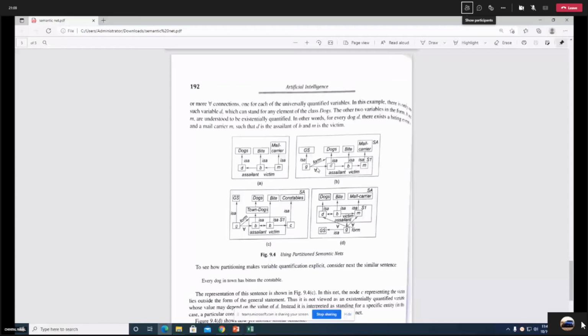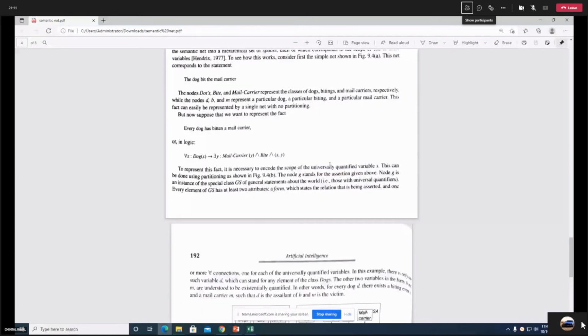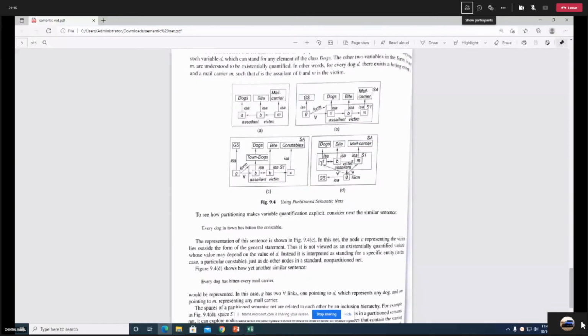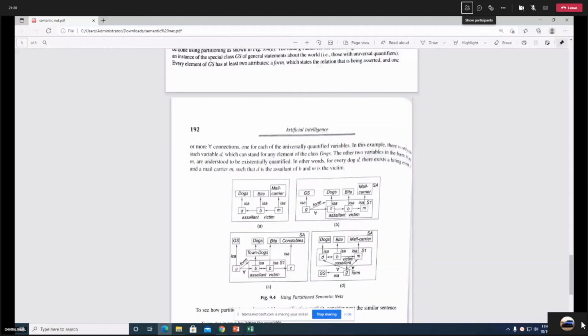So what is universally quantifiable? That is the object D. Okay. Now here it is the same as the previous semantic net, with only one thing different, that is FORM.